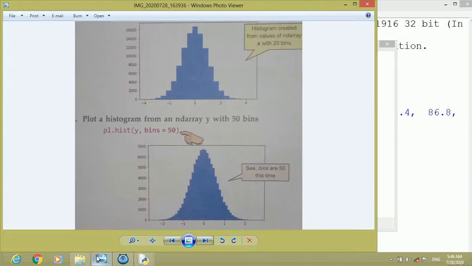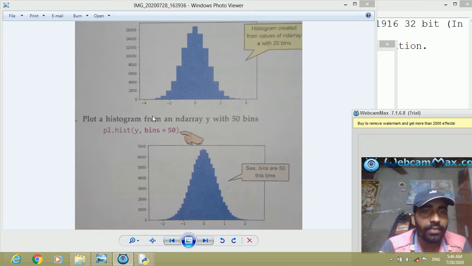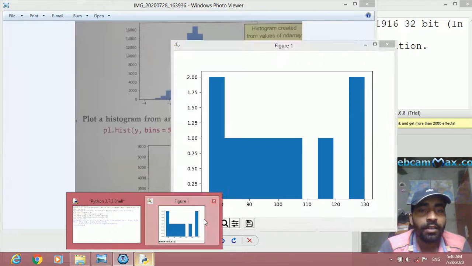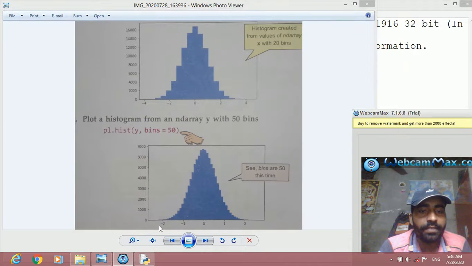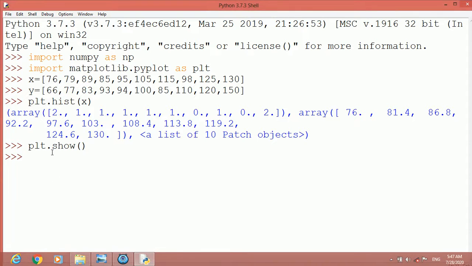Now as given here, we can have the attribute bins equal to 50 or 30. By default it was given as 10, as you know. So we can change it. We can also have bins equal to 20 or 30 or 50, whatever you want. So let us paste it again and write here the argument bins equal to how many data series we want to display. So let us write 50. Now it will show 50 bins. It will show what values will be plotted. Here you can see now.